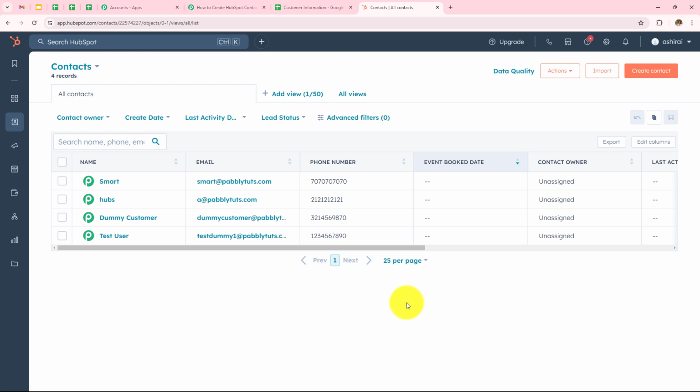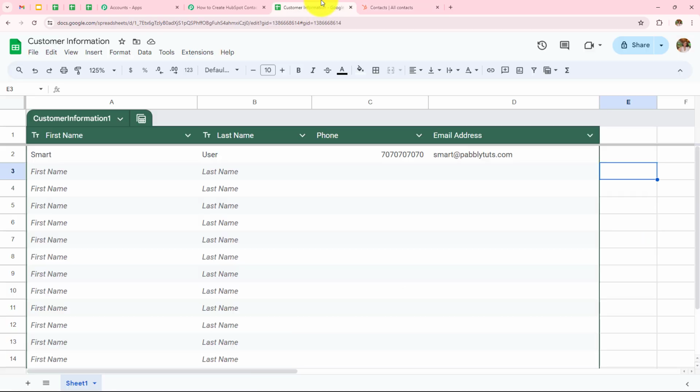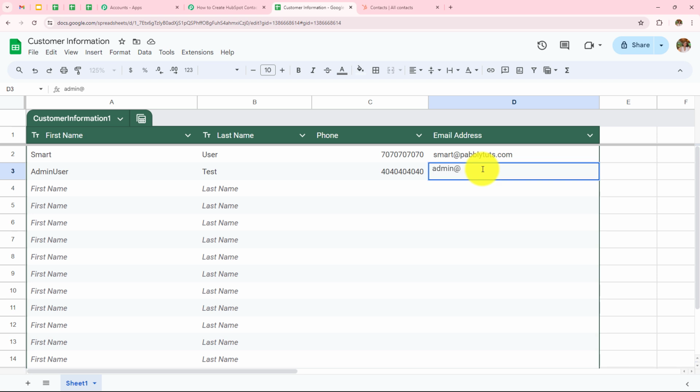So to check whether this automation is running perfectly fine or not, let's go to our Google Sheets and enter some other dummy details. So let's say this time my name is admin user and my last name is Test. My phone number is, and my email address is admin@pablytudes.com.